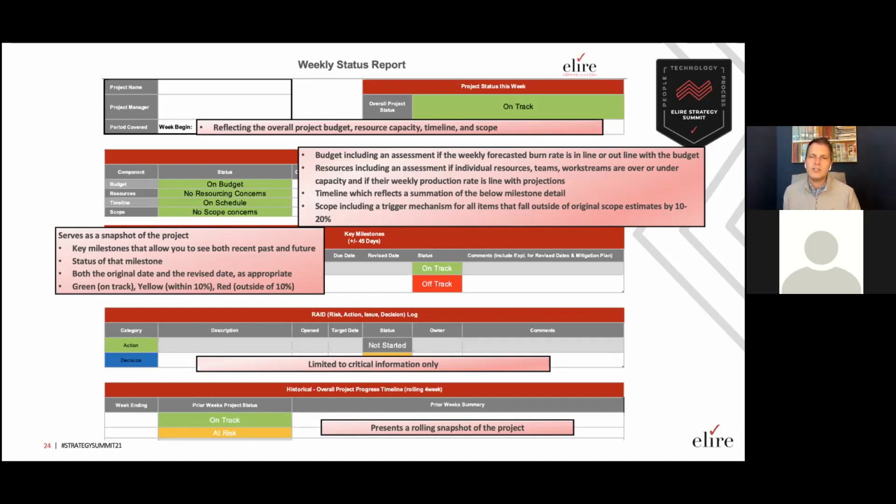So those different sections of the status report can really help you ensure that it's an easy to consume snapshot, providing critical information only. If it's not easy to consume, people won't consume it, and you'll be missing the part of